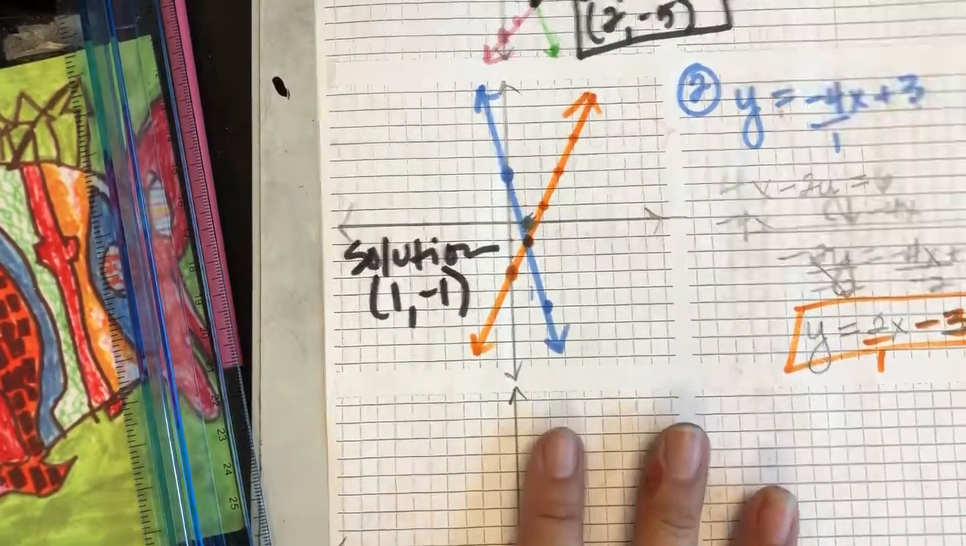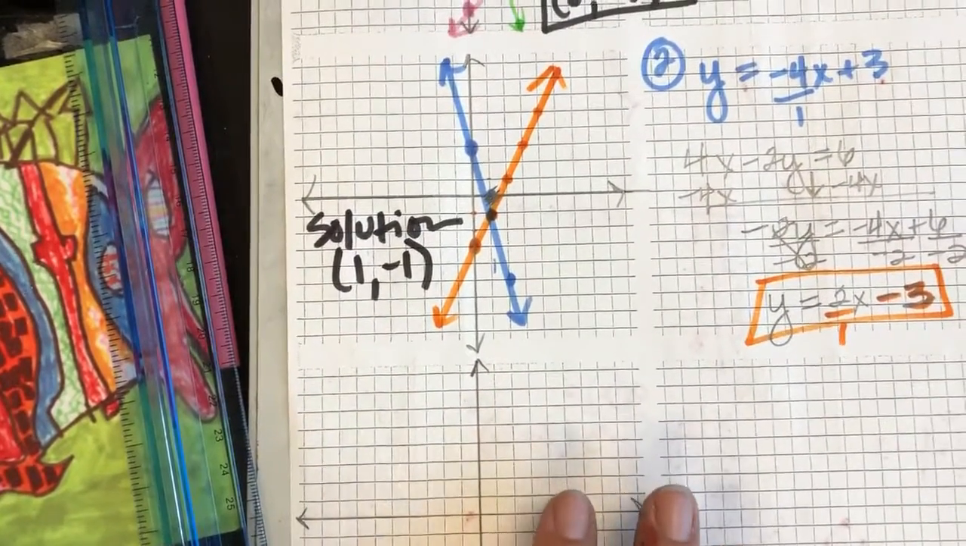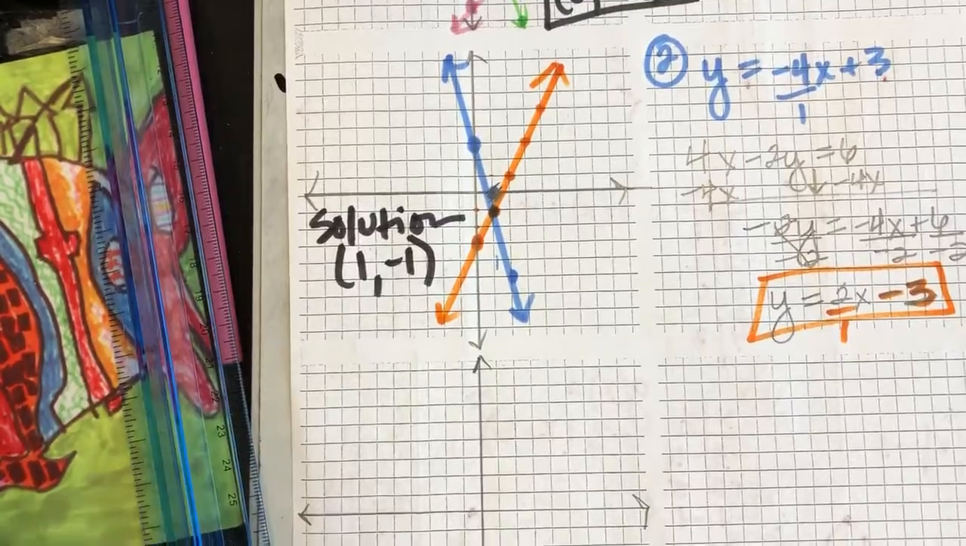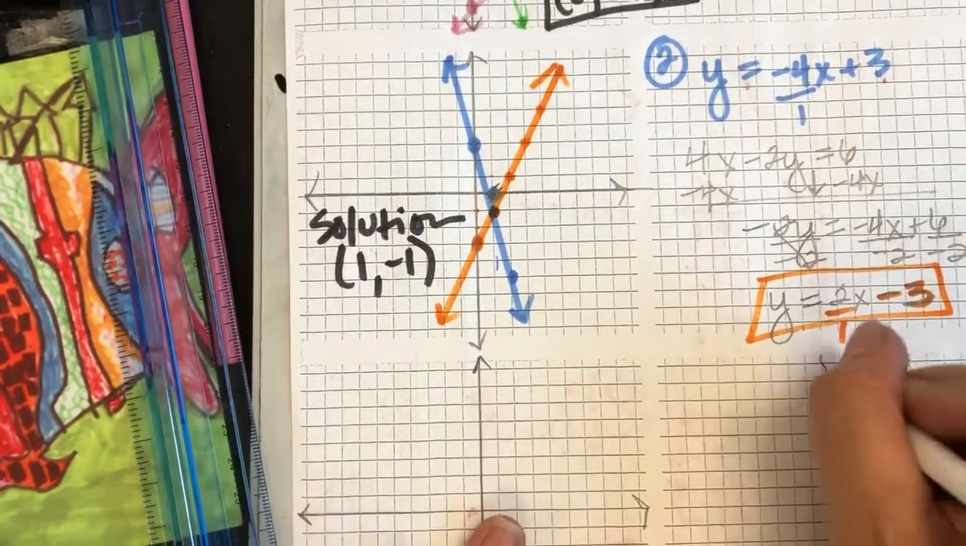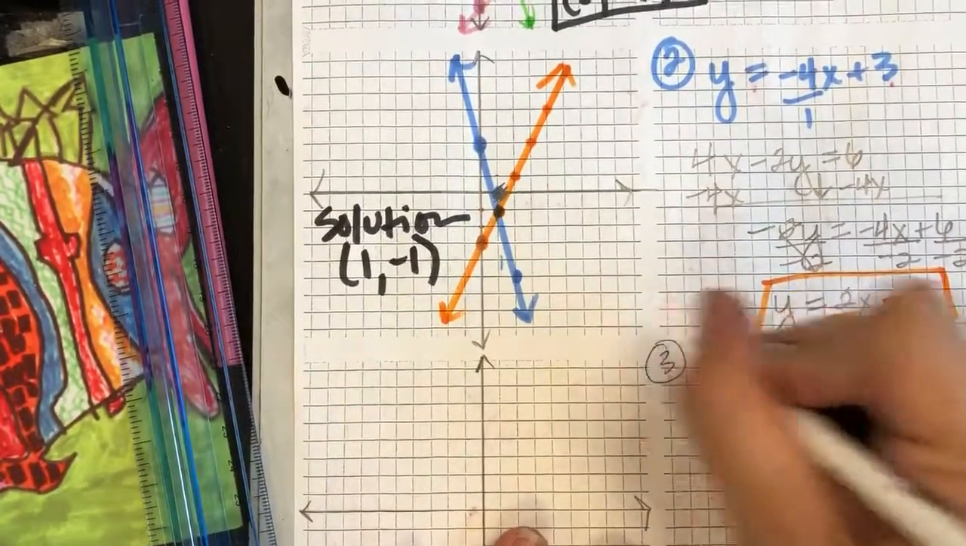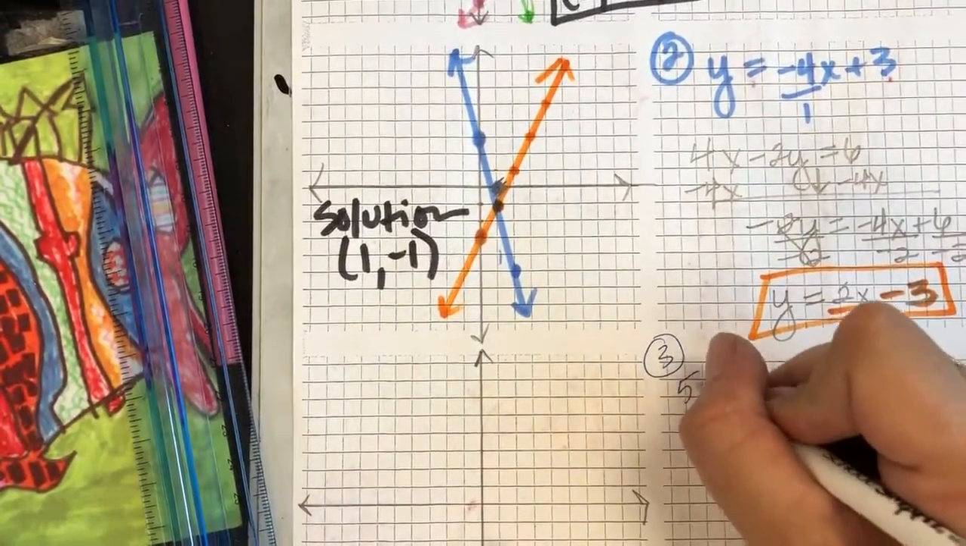Now, last but not least, I think in 3, neither one of them are in slope-intercept form. In problem 3, let me do the math on these first. One of them is 5x